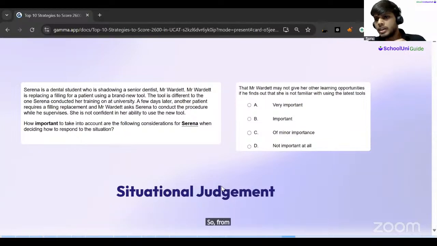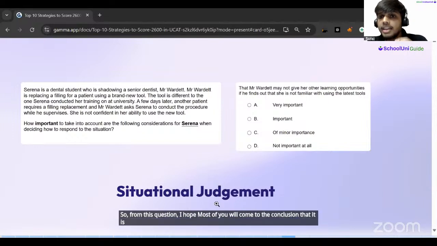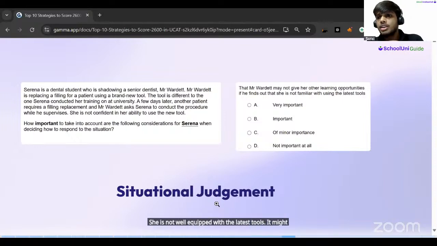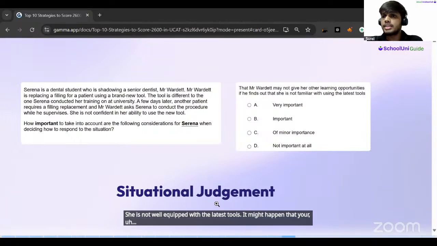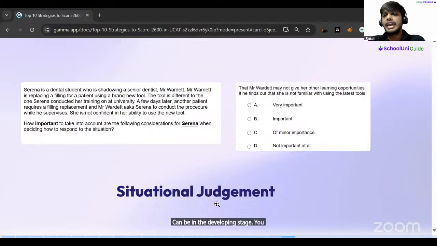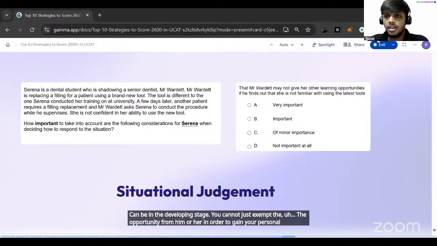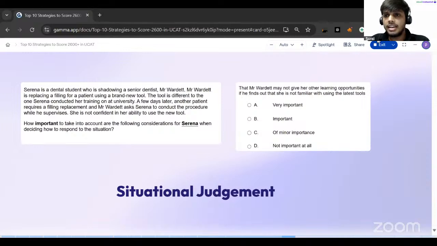So from this question, I hope most of you will come to the conclusion that it is of minor importance that Mr. Warden is not going to give the learning opportunities to Serena after this if he finds out that she is not well equipped with the latest tools. It might happen that the person who is working under you can be in the developing stage. You cannot just exempt the opportunity from him or her in order to gain your personal